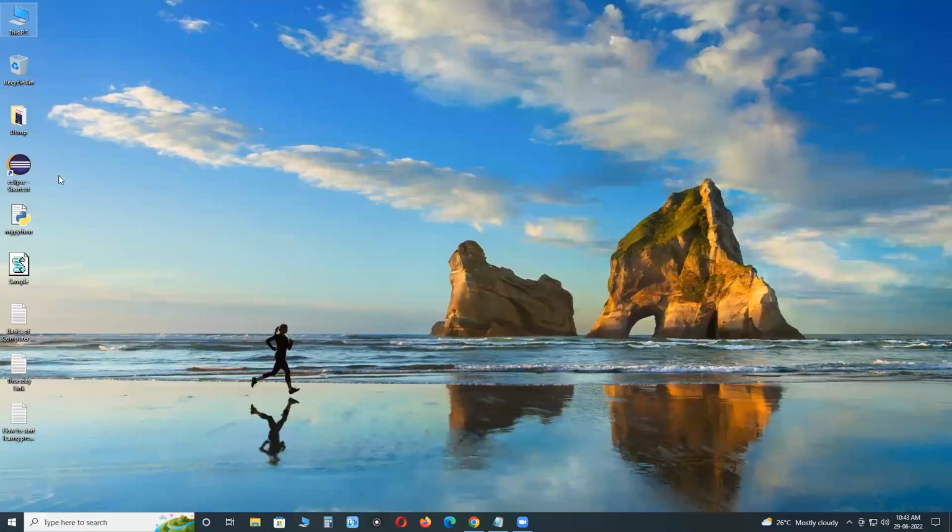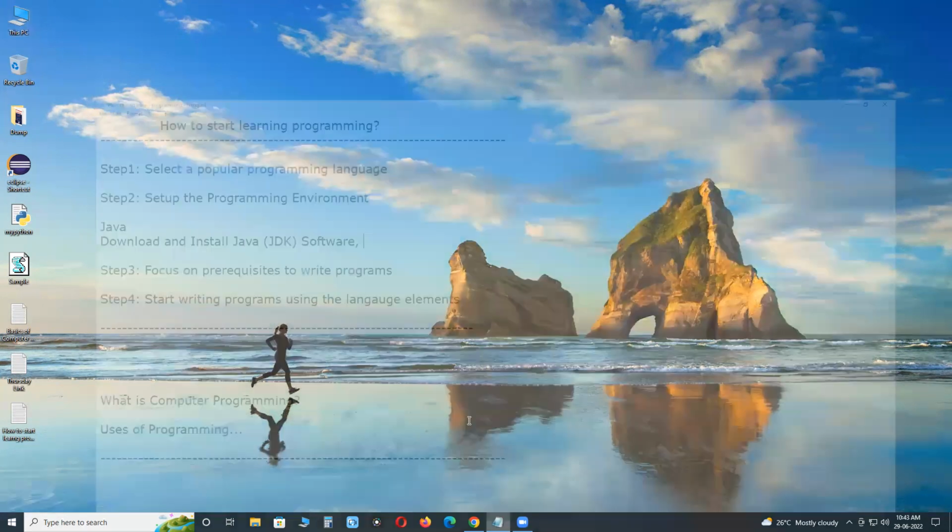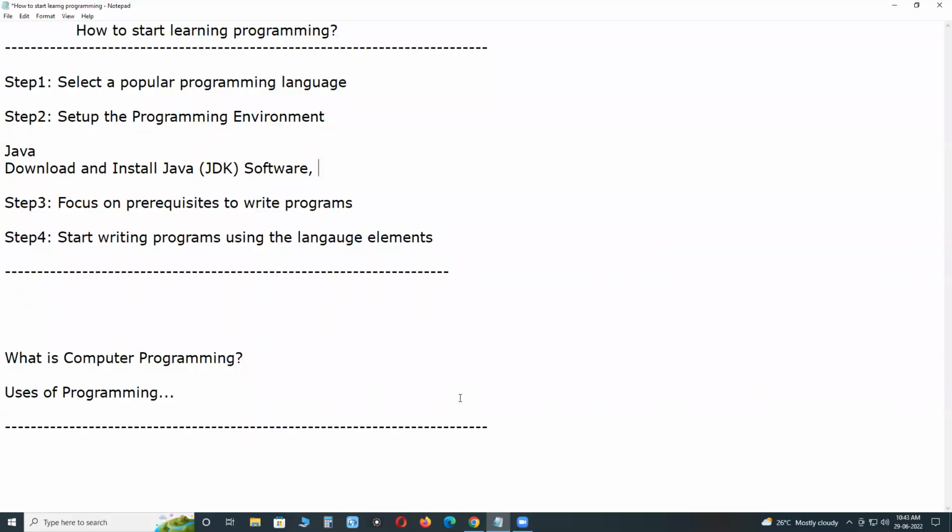Next, set up the environment variable path to access Java software from any directory in your machine, means computer. Next, Java software doesn't have a built-in editor to write and execute programs. No built-in editor for Java software.